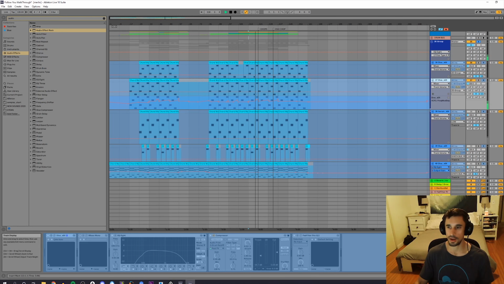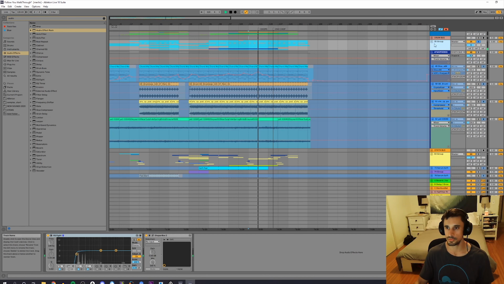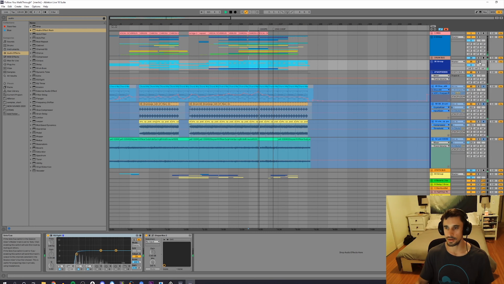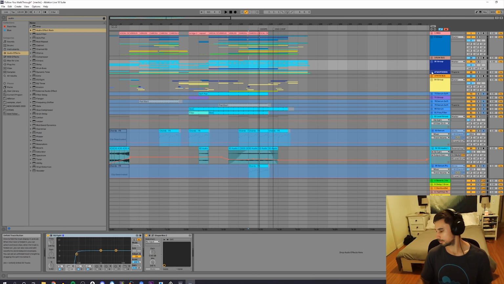You can see there's a lot of automation going on too for all of these patches, just to provide some movement and different character. And I like to get a lot of that movement by using my MIDI controller and getting the Diva or Serum or whatever soft synth I'm using and getting all the parameters on that controller and recording different elements, just to give a little bit more analog, I guess, live